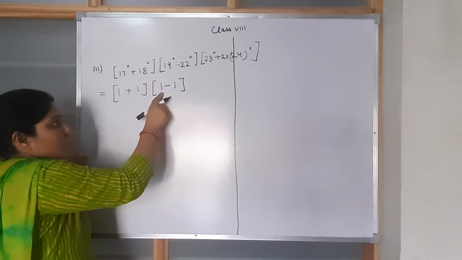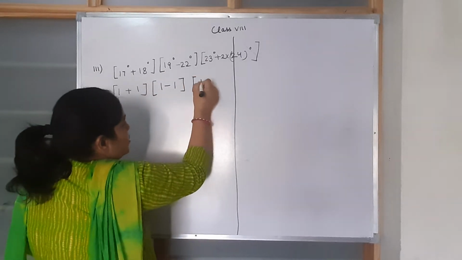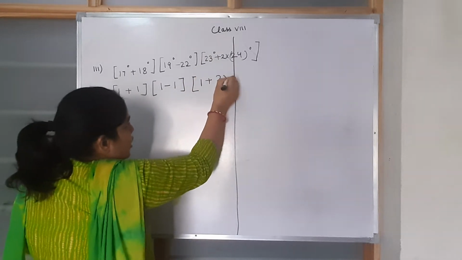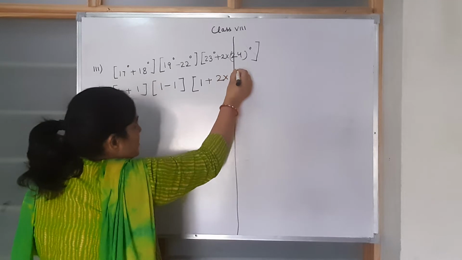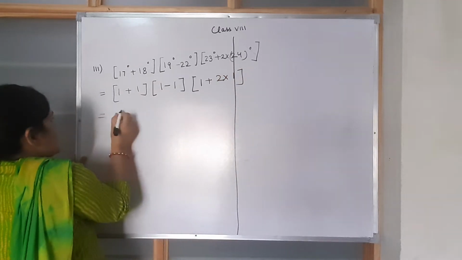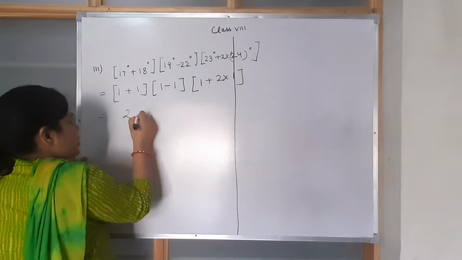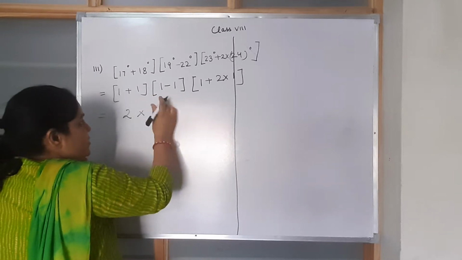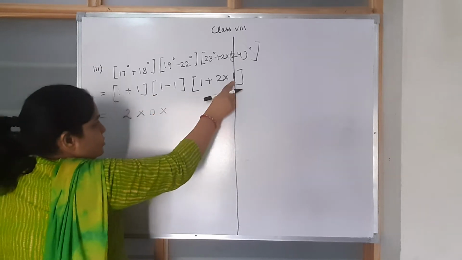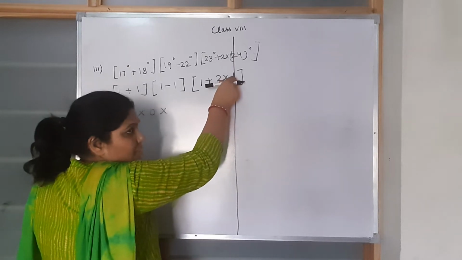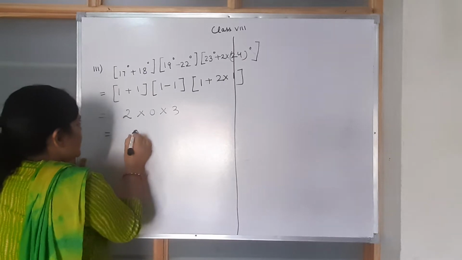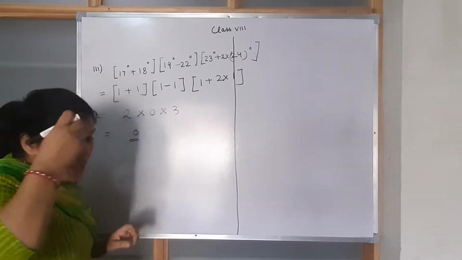19 raised to the power 0, 1. 1 minus 1. Now 23 raised to the power 0 is 1. Now 2 into 24 raised to the power 0 is again 1. So this is going to be 2 into this, no sign is there, it means it is multiplication. Fine, 1 minus 1 is 0 into 2 into 1, BODMAS rule will apply. So this is going to be what? 0. So our answer will be 0.